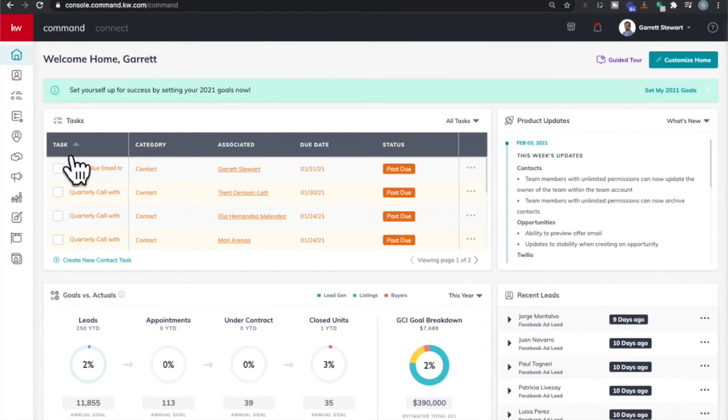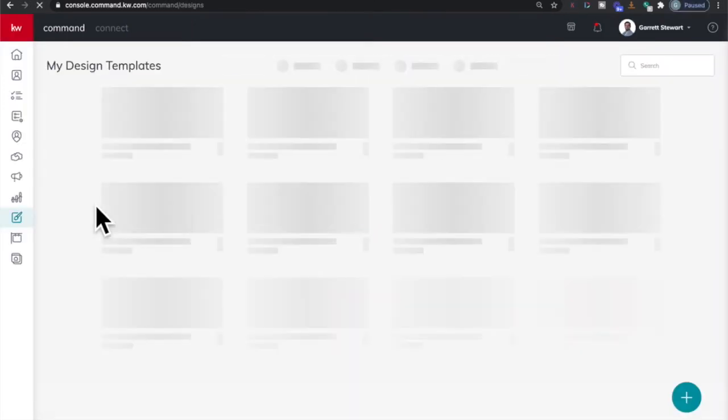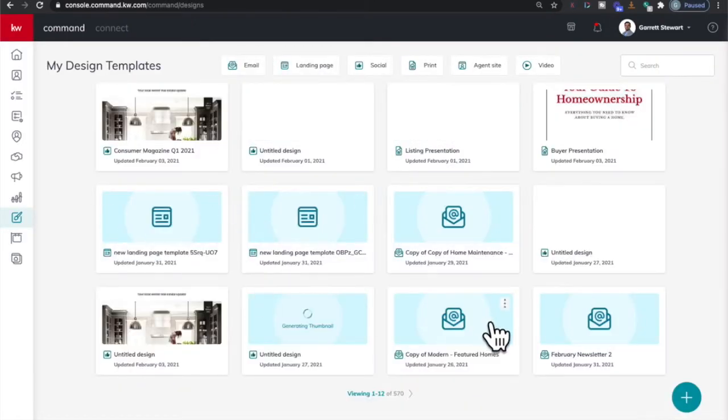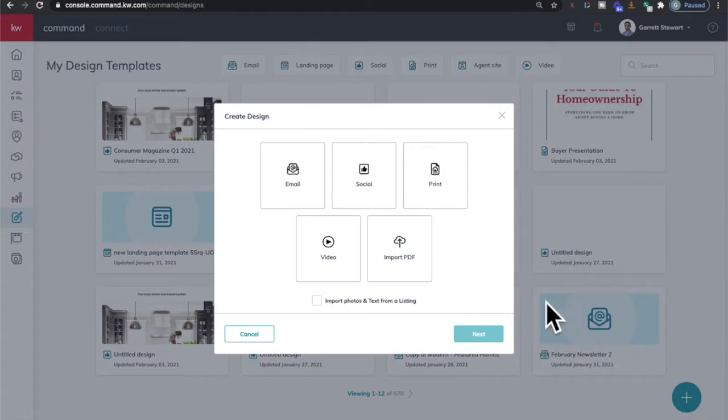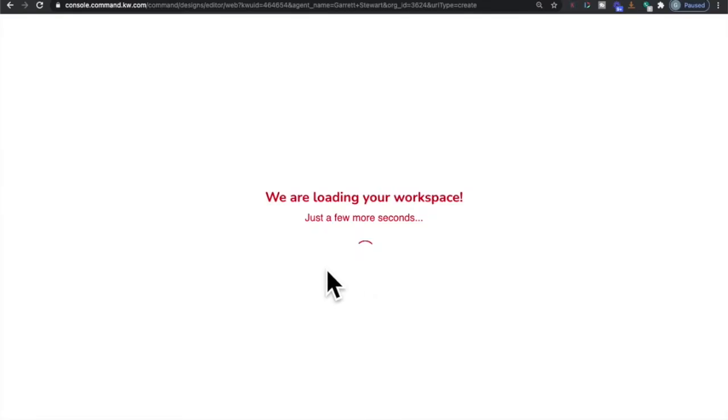So what we're going to do is go to Designs right here on the left hand side, and we'll click on that. Once we boot into here, we'll land in Designs, and we're going to click right here on this teal plus button in the bottom right corner, and we're going to use the social button right here. Once we click social, we're going to hit next,